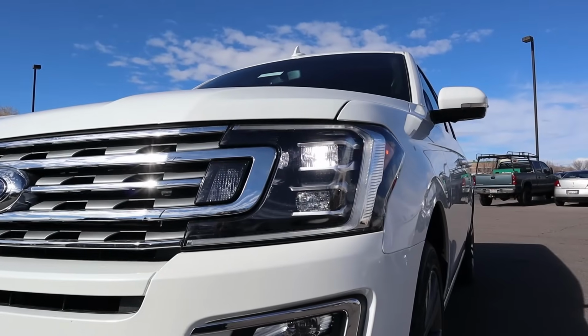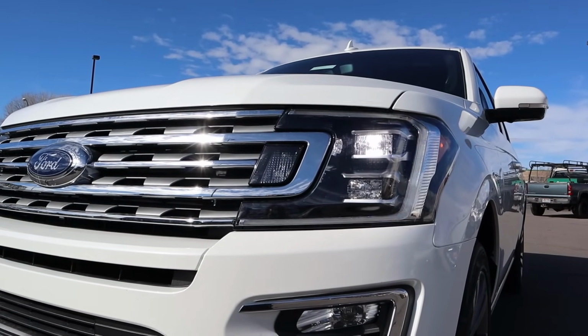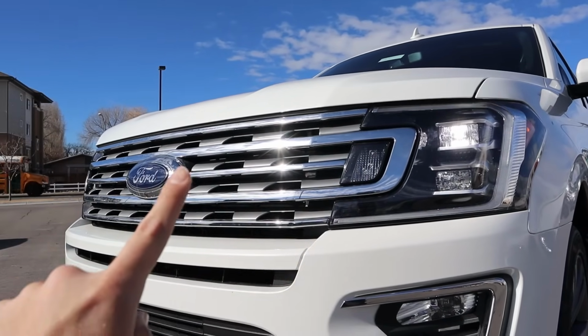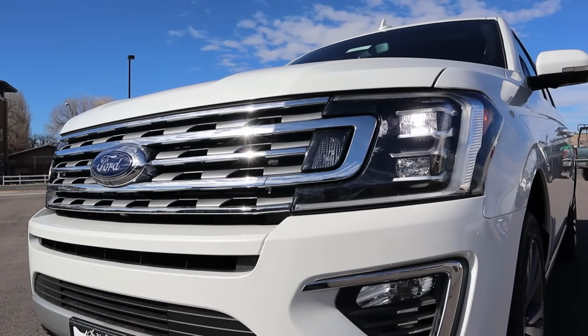And then coming down below, full LED lights, which look absolutely fantastic. They're really bright, just like on the previous generation F-150. It's the same lighting cluster. And then notice that you get the full chrome grille. I love how the chrome goes right into the LED accent light, so it all matches together